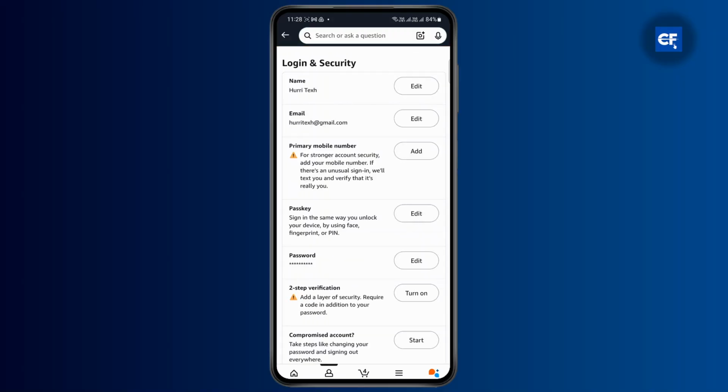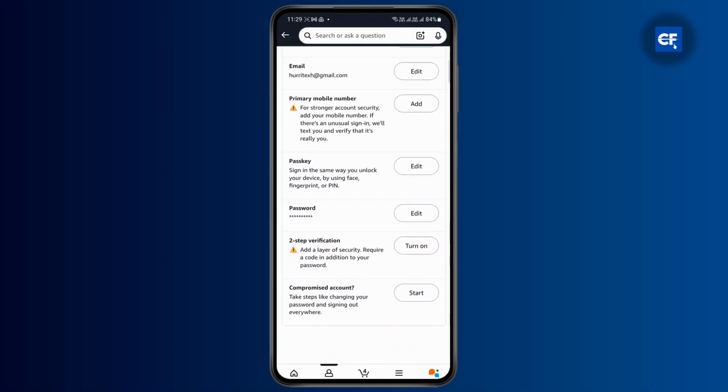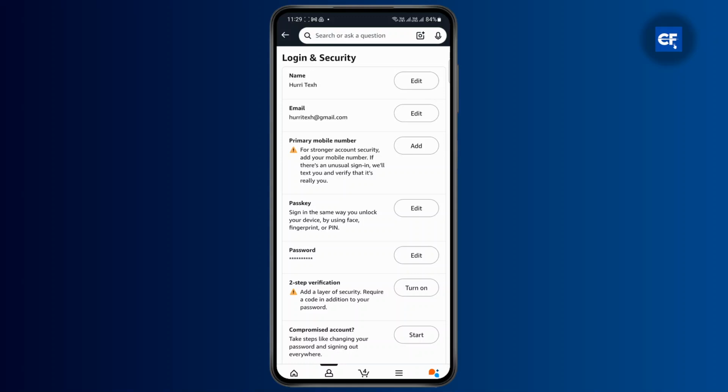Here on this option you have all of your details like your name, email, and your primary phone number, passkey if you've selected it, two-step verification, and all of this good stuff. So go ahead and tap on the primary mobile number so you can add the phone number for an extra layer of security. So tap on add,